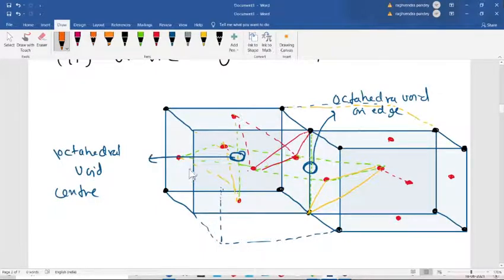I made only one edge void, but there are 12 edges, so there will be 12 like this. If I make 12, it looks ugly. These are the 12 ones, just to show you how they are at the center.